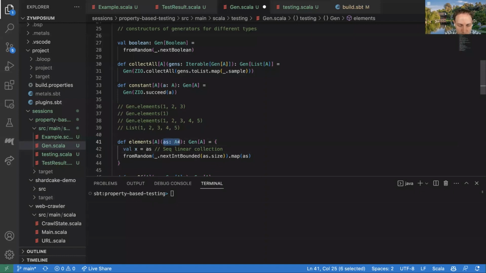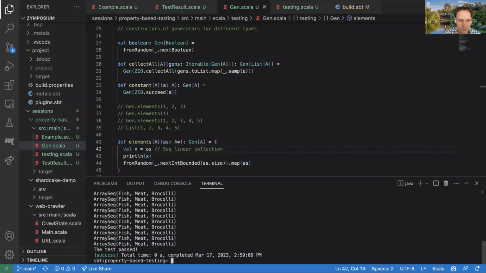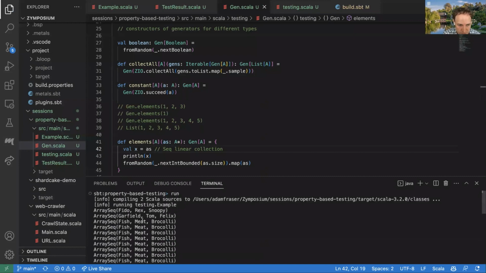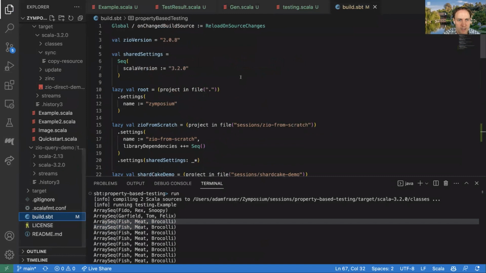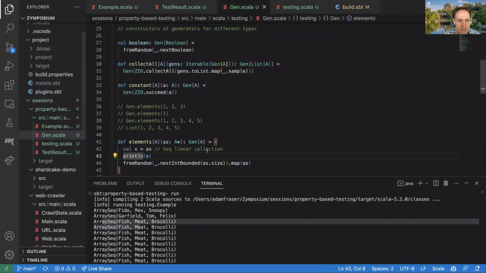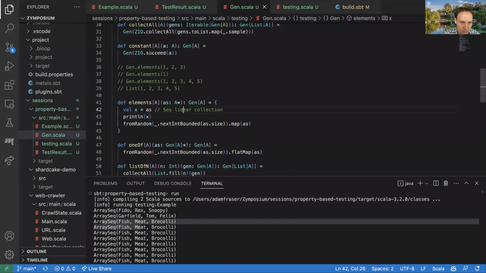So I've got this sequence, and I think the default implementation is an index sequence. I think maybe a vector. Let's see. Maybe we can println some x's here, and let's see if this will actually tell us something. An array sequence. Okay, so the array sequence is the default implementation of this, at least on the Scala version we're working on, which is Scala 3.2, or use the same collections as Scala 2.13. But anyway, so this is basically just a sequence, and as you can see here, the implementation does support efficient